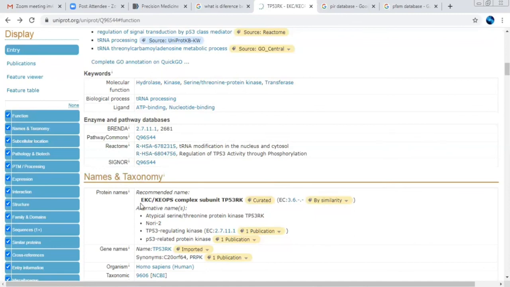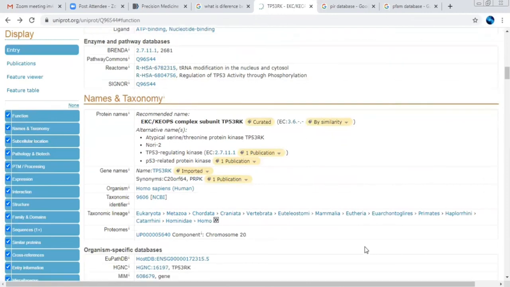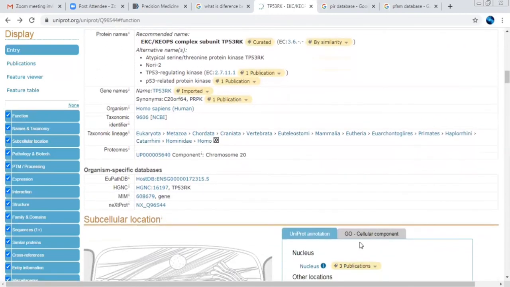Name and taxonomy have been given to you. How it is related taxonomically, in which organism it is related, has been listed over here. And in taxonomy NCBI, if you are interested to see the taxonomical report, you can click, and this link will open the NCBI taxonomy database.